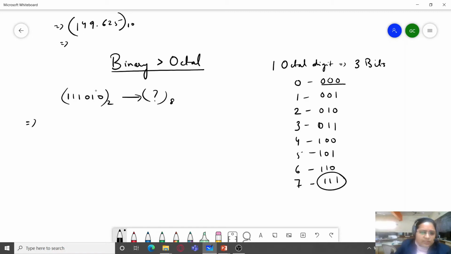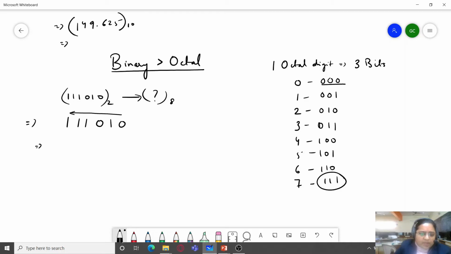So what we are going to do is, if I have to convert binary to octal, I will first write all the bits of the binary number, and I will start grouping them into 3 bits. Before the decimal point, it would start from right to left, and after the decimal point, it would proceed in a left to right fashion. Now because it's a number with no decimal point, we will just assume that there are zeros after the decimal point, so we don't need to consider anything after the decimal point in case of this number.